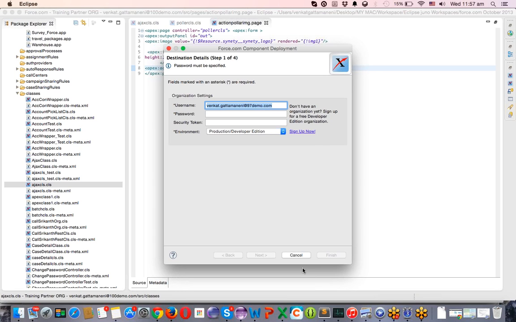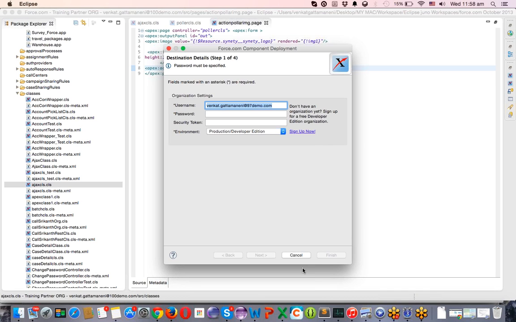I'll show some simple deployment. Most people use Eclipse deployments for deploying things from developer sandbox to QA sandbox, and QA to full copy sandbox. Later, if that is really working well, you finally deploy to your production instance on the weekends, when people are not using the system. If your deployed items are not working properly on the production instance, then you will roll back the